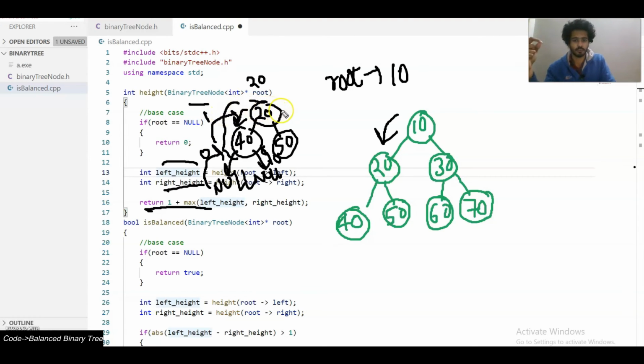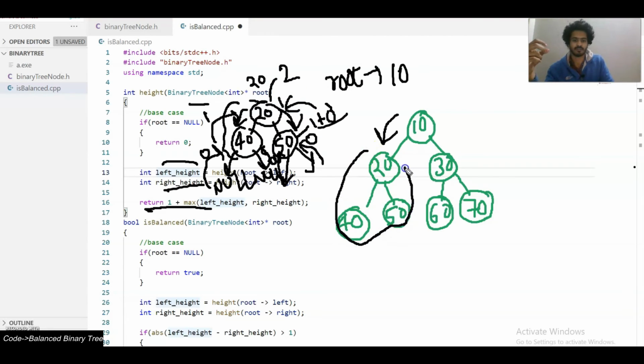Alright. Now 20 will call on its right child, which is 50 in this case. 50 is going to call on its left child, which is further null, so it gets 0 from the right side as well. If you notice, the maximum of left height and right height is 0, it does 1 plus 0 and it returns to 20. So 20 receives 1. Alright, now 20 is going to return the max of left height and right height plus 1, which is basically 2. Now we have calculated left height for the first time and it returns 2.